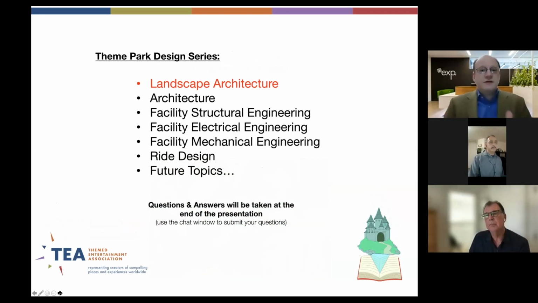This is the first of a series. Basically, we'll be looking at a lot of different disciplines: structural, electrical, mechanical, architecture. But for me, the logical starting point for this is landscape architecture. And the reason for that is because that's the first impression that guests get as they approach a brand new attraction. And it's also the first chance we get to start telling the story of the experience that they're about